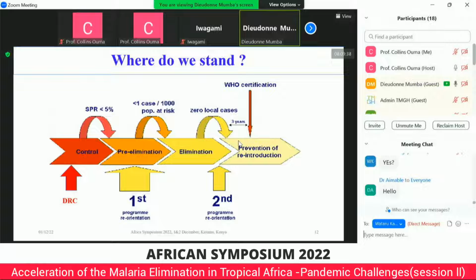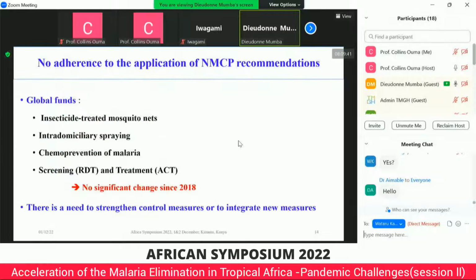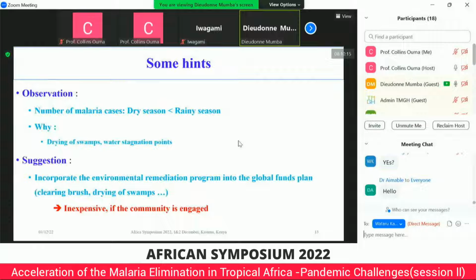Let me summarize. To summarize, I want to say that many health providers don't adhere to National Malaria Control Program recommendations. That's why there is no significant change since 2018. And so I think that there is a very big need to strengthen control measures or to integrate new measures. For example,